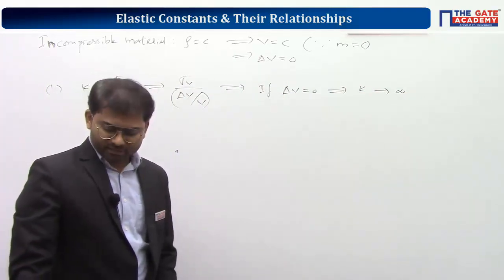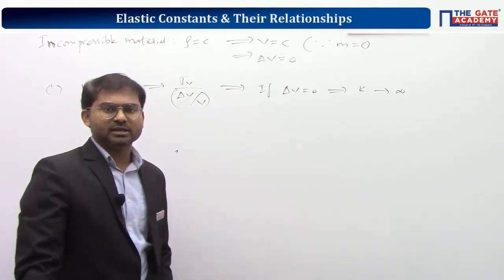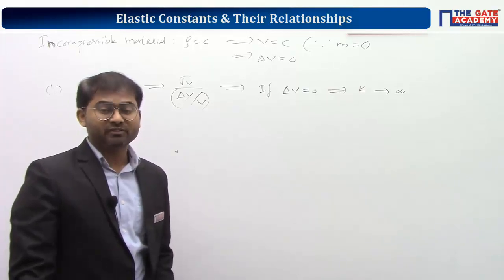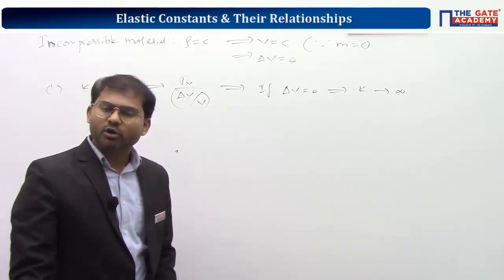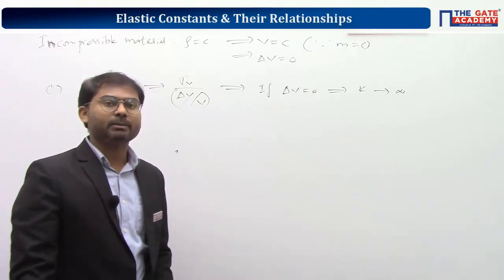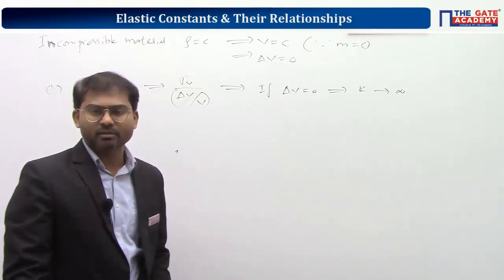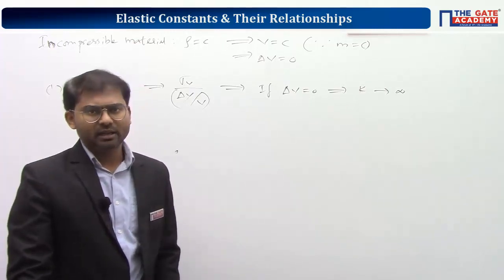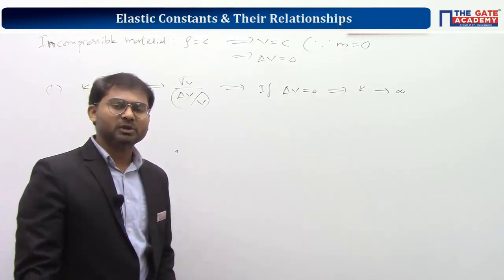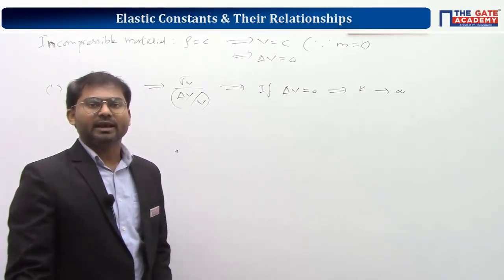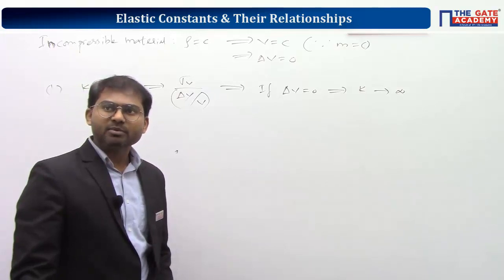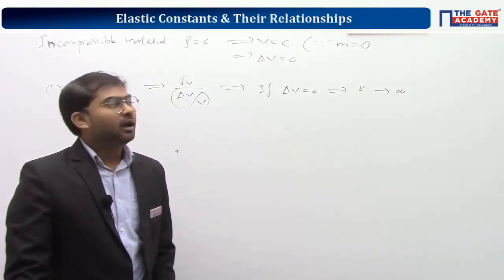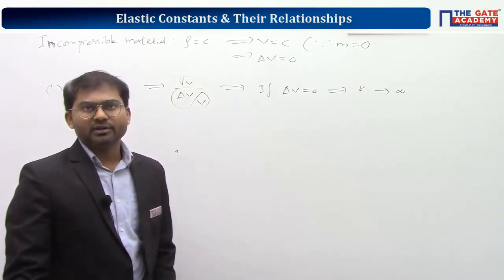Understand? So please remember that whenever you consider volume to be constant, you are by default taking the material to be incompressible, which is not practically possible. Just like we don't see a rigid material on earth, in the same way an incompressible material is also not there on earth. Please remember. Understand? So every material will have its properties between an incompressible material and a rigid material. And in coming slides or coming concepts, I will explain to you the complete and clear difference between a rigid material and an incompressible material. For the time being, kindly remember that incompressible material and rigid material are completely different.